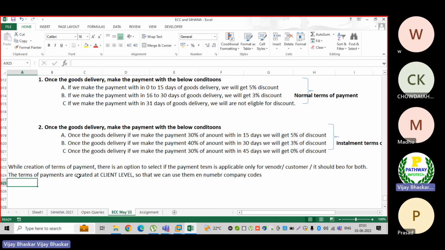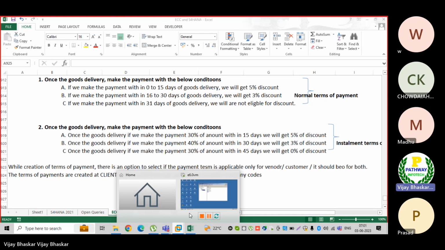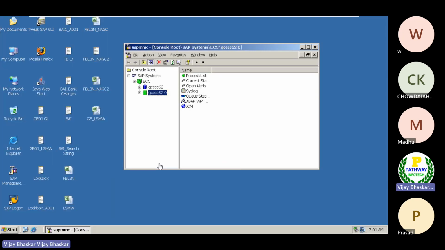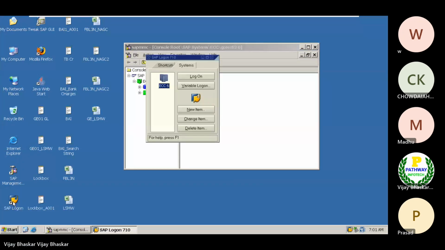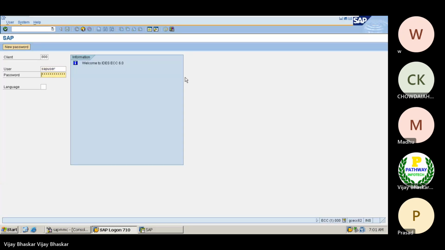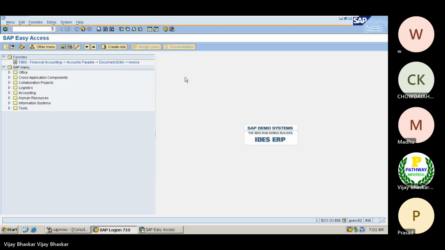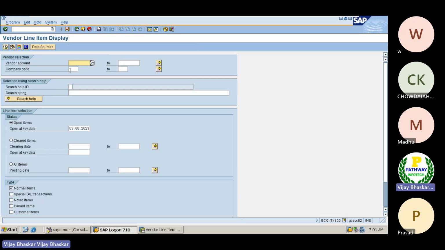Then let's open the system. So now let me go to FBL1N, because we have posted a few documents.